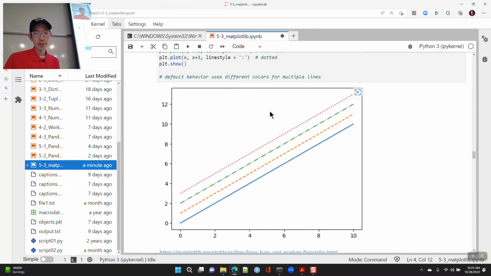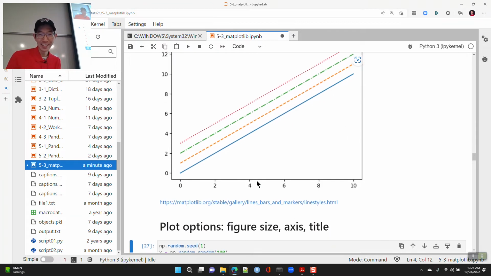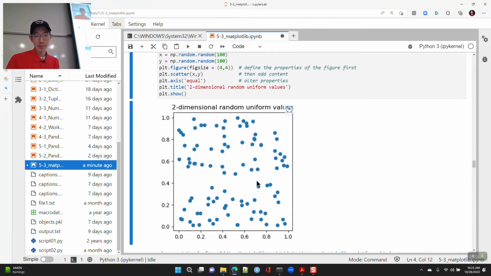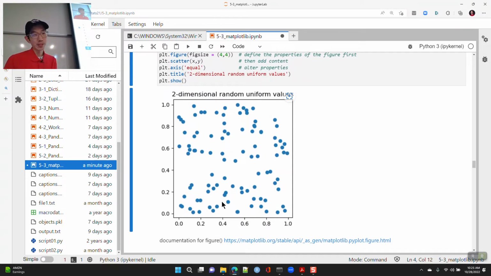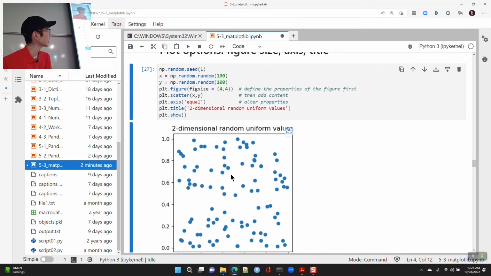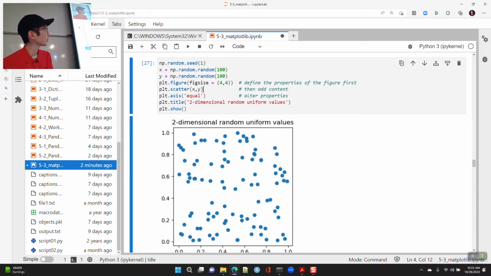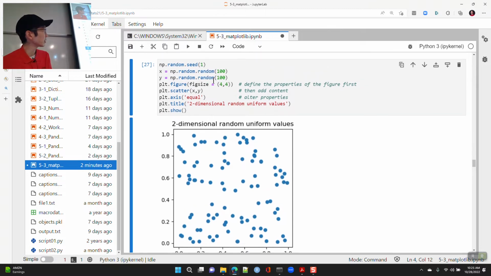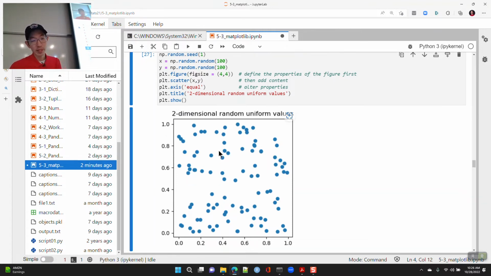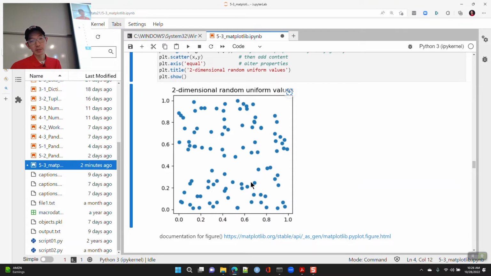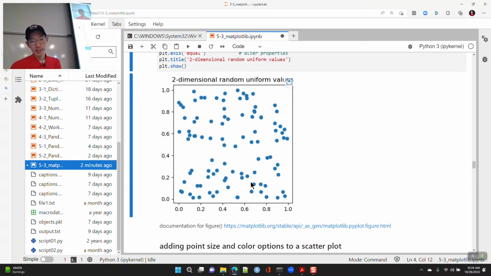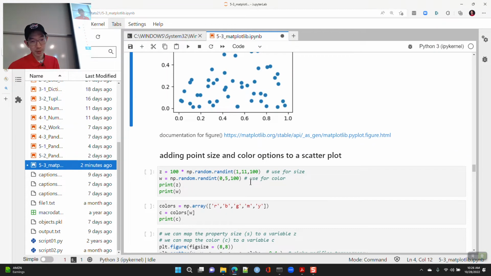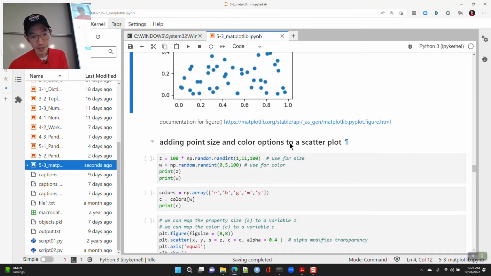I don't know what the default size is. But if you specify 4 by 4, this is what you're going to end up getting, okay? So here I said 4 by 4 and did a scatter plot. I used random values from 0 to 1 for x and random values from 0 to 1 for y. These are just random uniform values. And I said, plot these, okay? Axis equal. And there you go, okay? So other options for pyplot.figure are here.